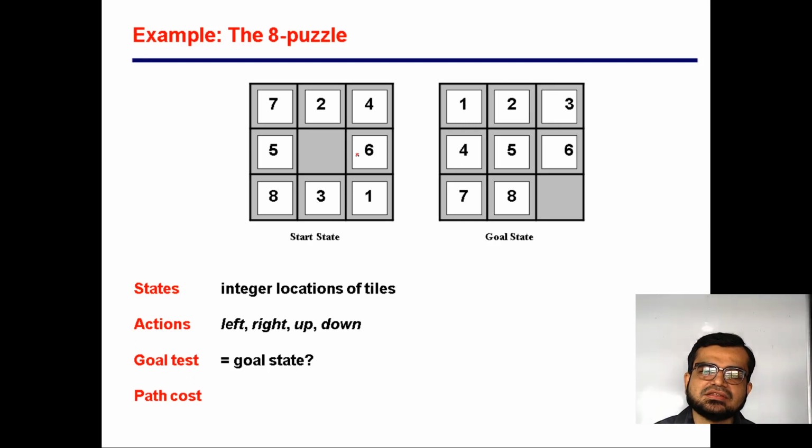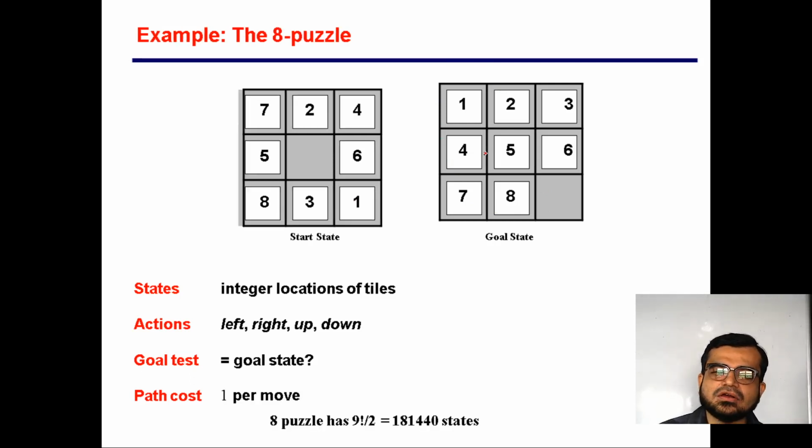The goal test means checking whether you are reaching this goal state or not. Here there is a goal state, so you need to check whether you have reached the goal state or not. And the path cost is something you can assume as follows: if you move one tile with the empty tile, you can consider one as your path cost. So you need to define how many states are required in order to achieve the goal state. That many states will give you the path of the given problem.